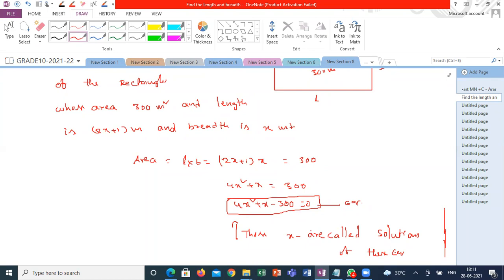Yes, sir. So sometimes there is a possibility there will be no solution for the equation generated from the situation. Might be the situation doesn't have any solution. How can I identify that in mathematics? How to crack the situations if I am facing equations like this? Solving the quadratic equation in different methods is the main agenda of this topic. What is the main objective of this topic, guys?